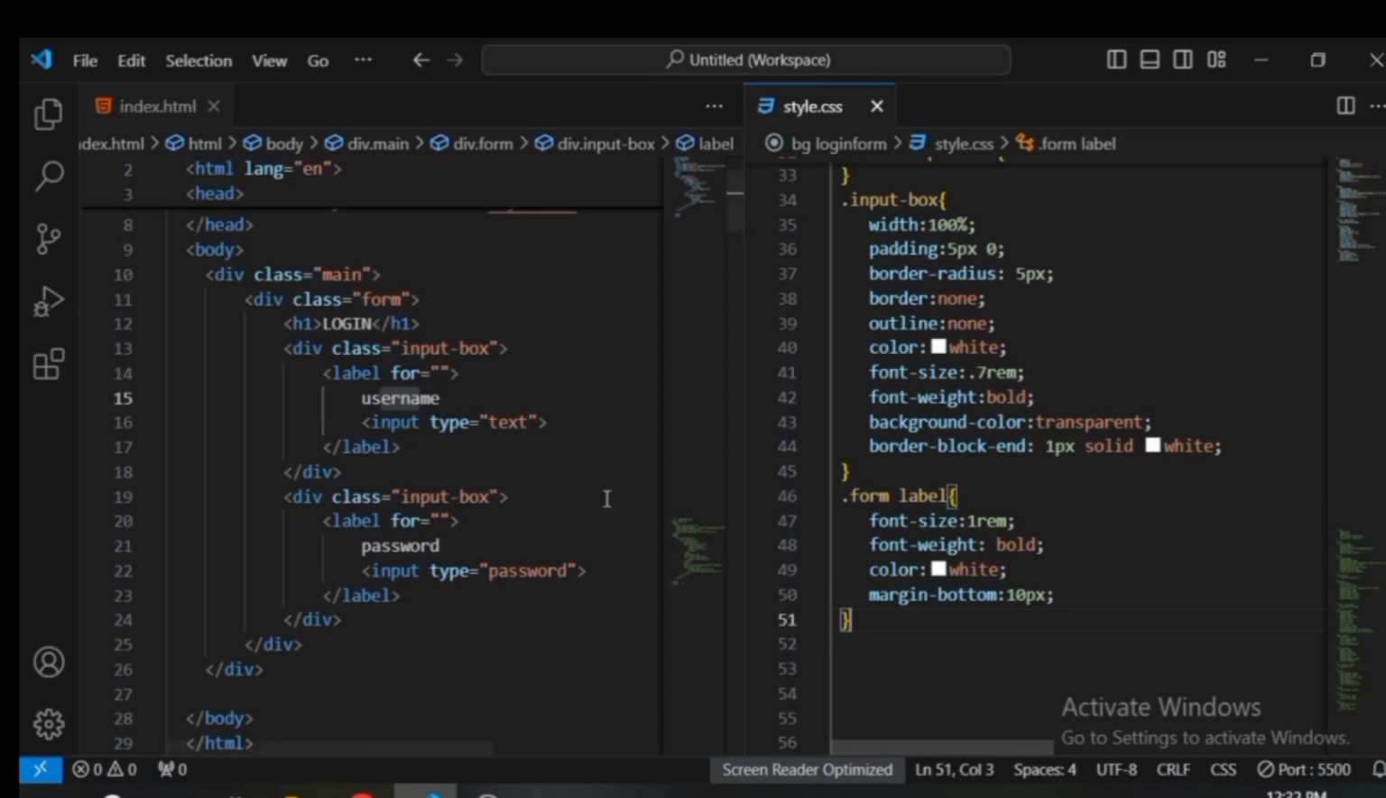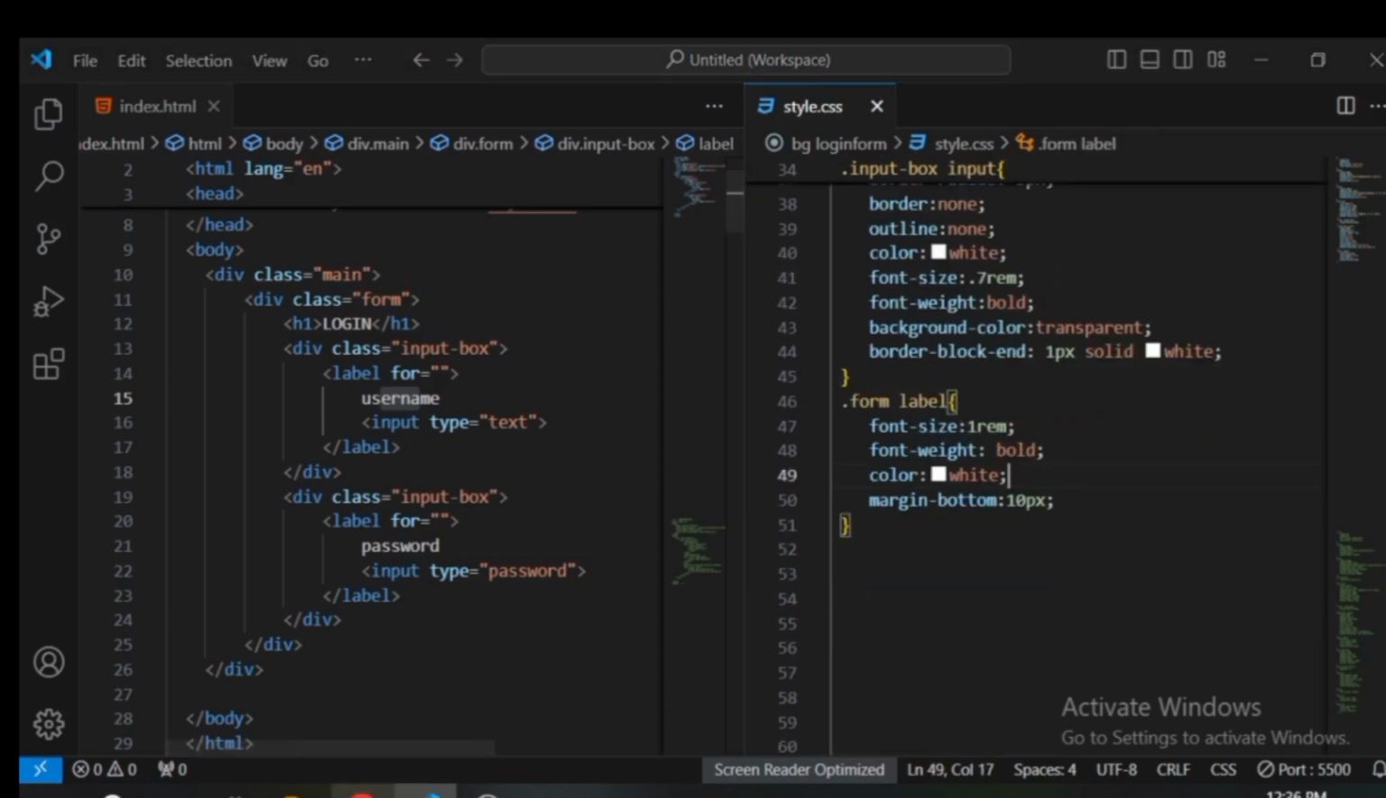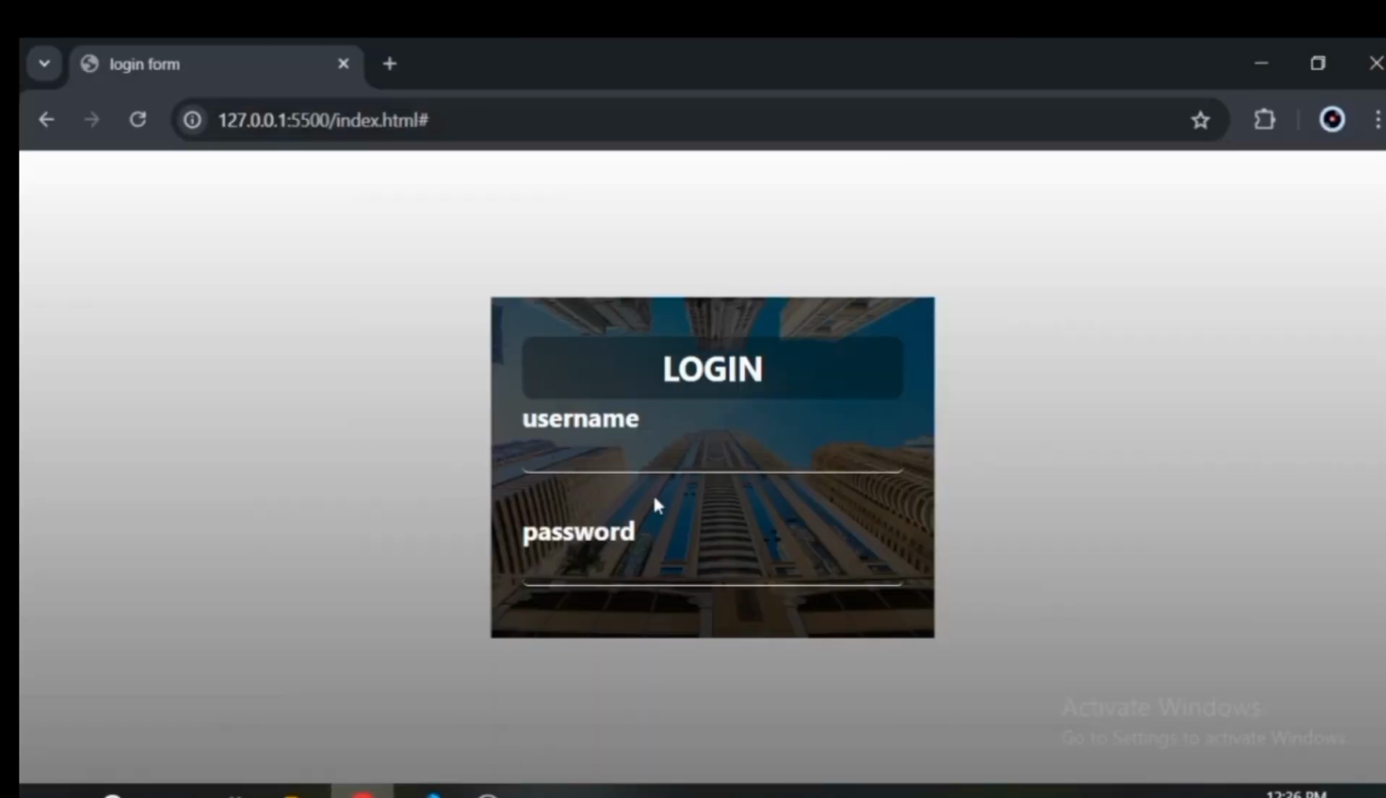After styling my label, let's see what our output is. This is actually what we're having here. As you can see here, the form is actually coming out. So this is what we're having. So now I have my login here. I have my 2 inputs. Then what I'm going to do now is to